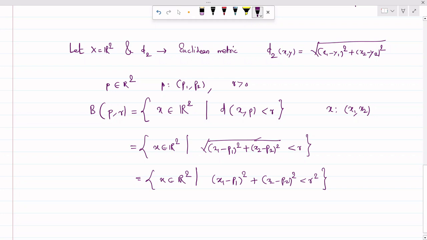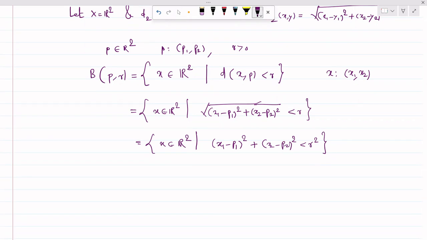And if we look at the boundary of this open ball, definitely it reflects a circle, right? So this is a circle, so diagrammatically we can draw it. Suppose this is your point (p1, p2). Definitely the center will be at (p1, p2) and r will be the radius. Something like this, and we will exclude the boundary because we want distance less than r. So this is the interior of the circle which is centered at (p1, p2) and which is of radius r, excluding the boundary. That is the open ball in this particular Euclidean metric.